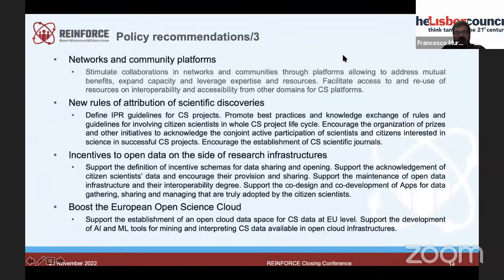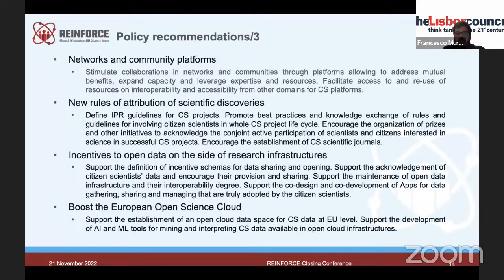Another interesting recommendation that came out also during the workshop in Pisa is the necessity to have new rules of attribution of scientific discoveries. In fact, citizen scientists are involved in elaborating research. So, I mean, this has to be recognized.